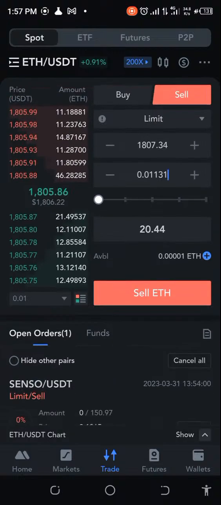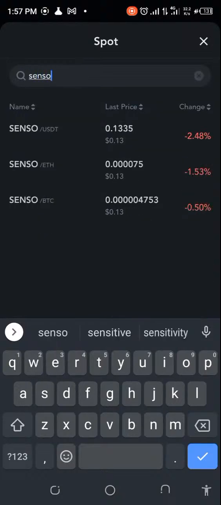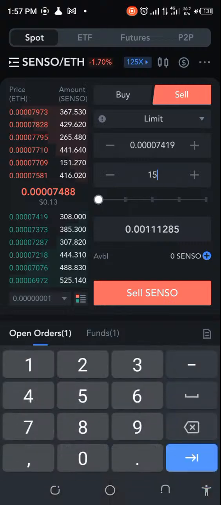Okay, let me go back. Right now, ETH is 1805. So let's see whether that's possible. Let's just quickly do this. I'm just going to put the Senso and see whether I'm going to be able to quickly make back my money. So what I have here is, if I pick this 7419 and I put 150.97,